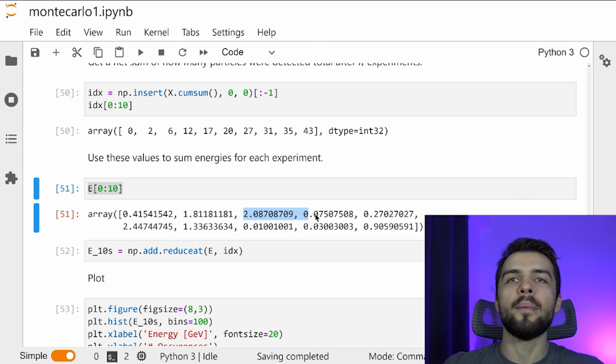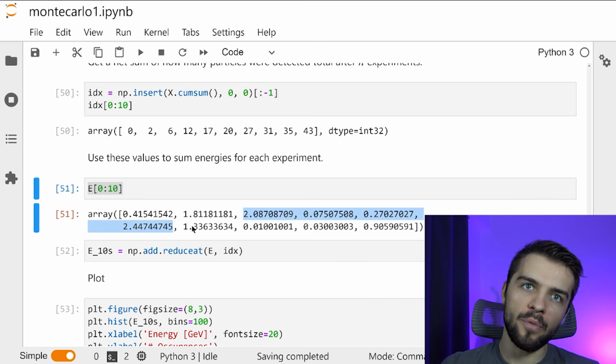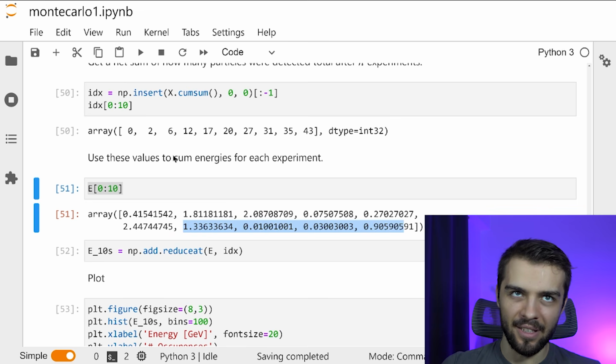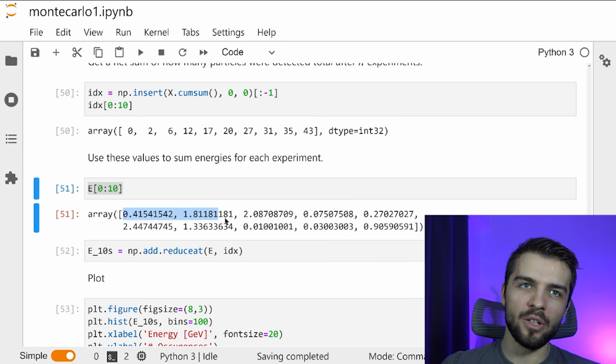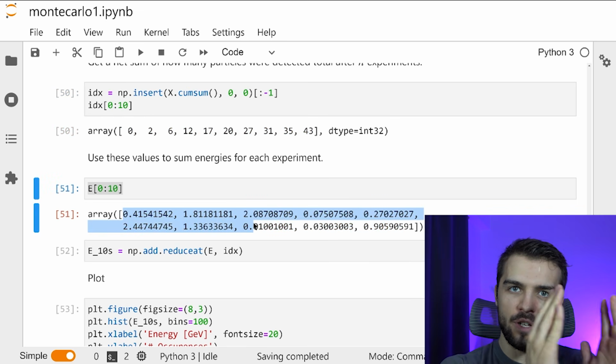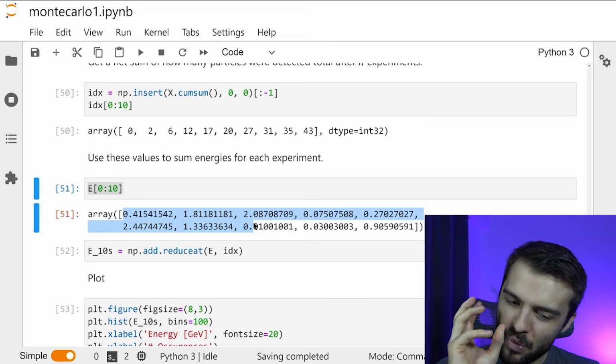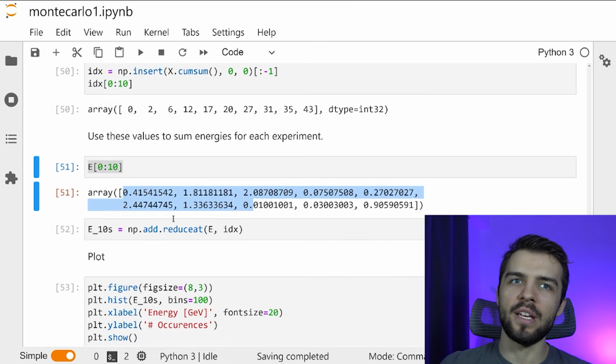2 to 6, I'm going to sum the next 4 together. 6 to 12, well, I need to sum the next 6 together. So I use this array and the array of energies to get the total energy for each experiment. Really think about that, because this is sort of tricky. And I can use this